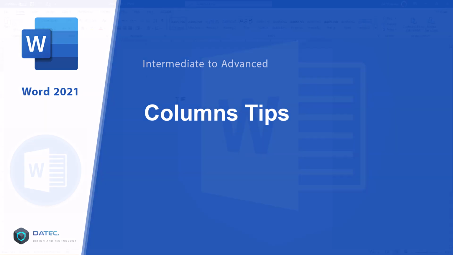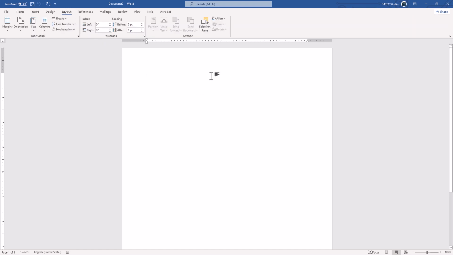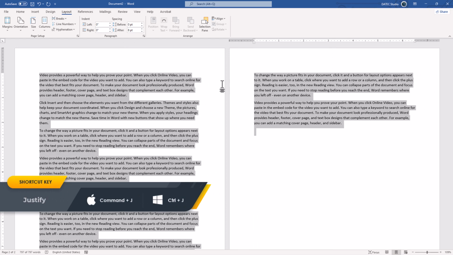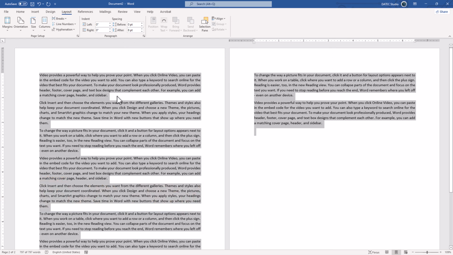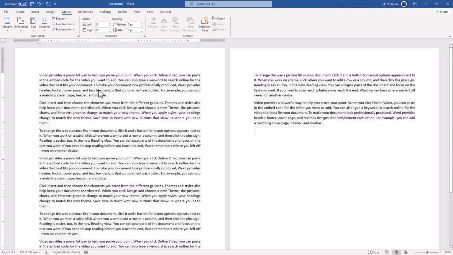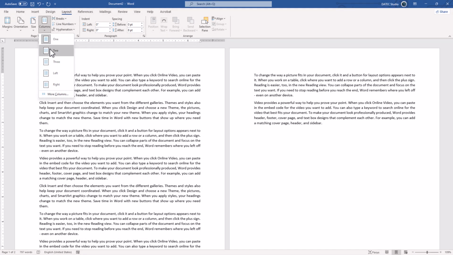Now let's look a bit deeper at page columns. I go to the Layout tab. By default, we have one column. If I type some random text, maybe 10 and 5, and adjust it with Control Command J after selecting, by selecting a part or just being inside the page, I can go to the Layout tab, Columns, one column, two